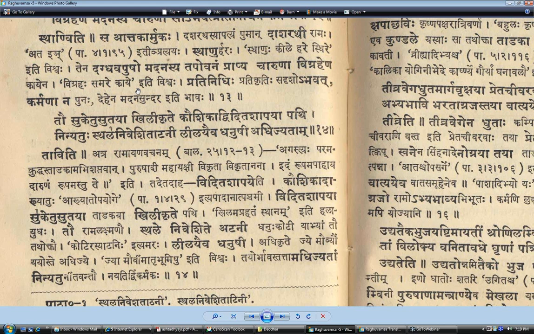Now what is the verb over here? The verb is ninyatuhu. Again the same ending atus, which we have been seeing. I think we already saw it three times, so we won't go through all the details. But this is a lit lakara. It's a third person dual parasmaipada lit form.